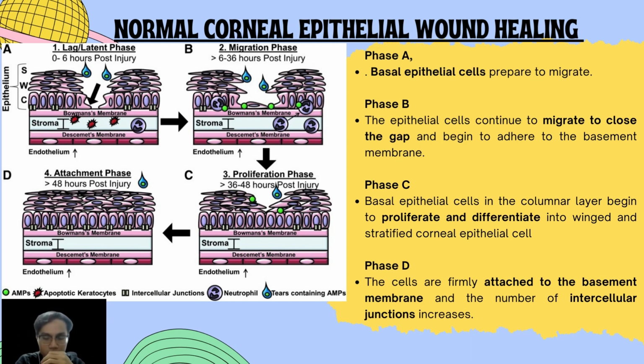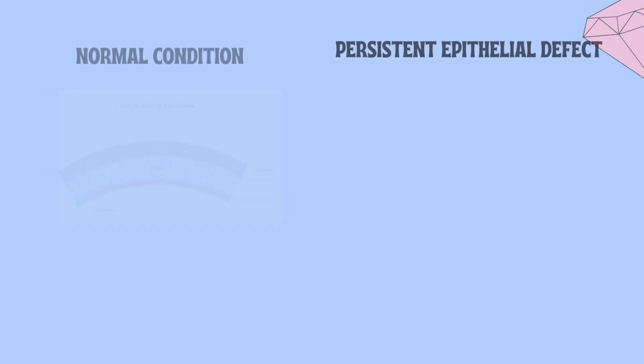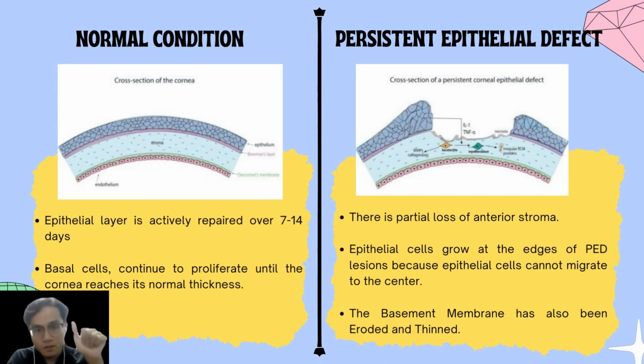This is where the number of intercellular junctions will increase, such as hemidesmosomes and desmosomes, which both function to adhere the cells to the basement membrane. Next, there are 2 outcomes. First, during normal condition, the epithelial layer will be actively repaired over and over again over the course of 7 to 14 days. Specifically, the basal epithelial cells will continue to proliferate and differentiate until the normal thickness of the cornea